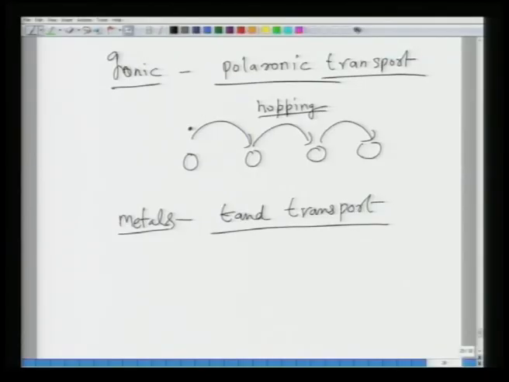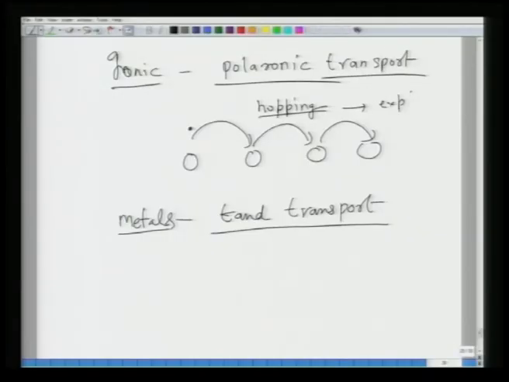Here, in case of ceramics or ionic solids, if the charge has to be transported, it transports by hopping from one site to another and then another, and this hopping, as we know, is an activated phenomenon, and this goes as exponential minus q by kT. So, typically in these systems the mobility is a function of exponential minus q by kT. So, in contrast to metals and semiconductors, in ionic solids the mobility tends to increase with temperature. This is the crucial difference which arises because of the difference in transport mechanism.